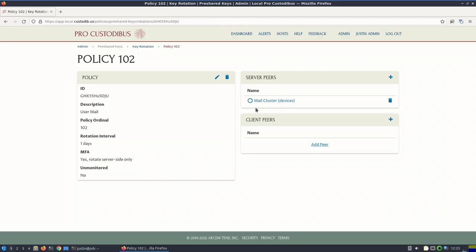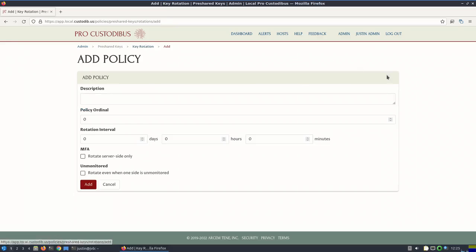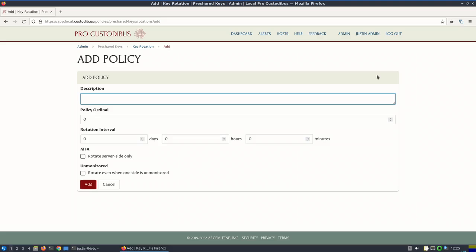And on the other side of the equation, if I have some specific user devices that I want to apply a different policy to, I can do that as well. So for example, if I want to apply a shorter rotation interval to certain user devices, like an interval of just 10 minutes, to some devices that I'm more worried about the security of, I can create another policy for that and give it a description of